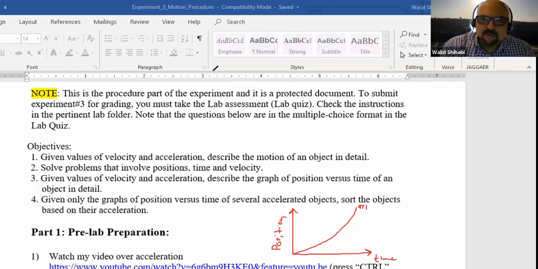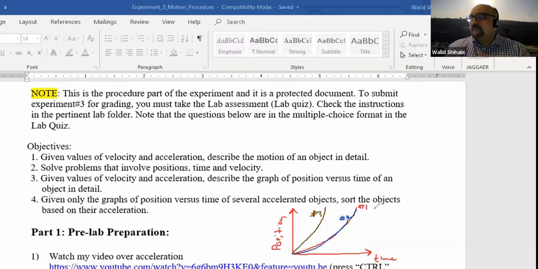And then let me draw number 2 with a different color here. So number 2 is very much lined up with number 1, something like that. They kind of overlap here. So you have number 2 as well here. And then you have graph number 3, and let me use a different color here. I'll go with brown. So you have graph number 3. Now all of those graphs represent a parabola. So all of them represent what? All of them represent acceleration. We know number 1 is an accelerated object, number 2 is also an accelerated object, and the same thing for number 3. Now the question is which one,